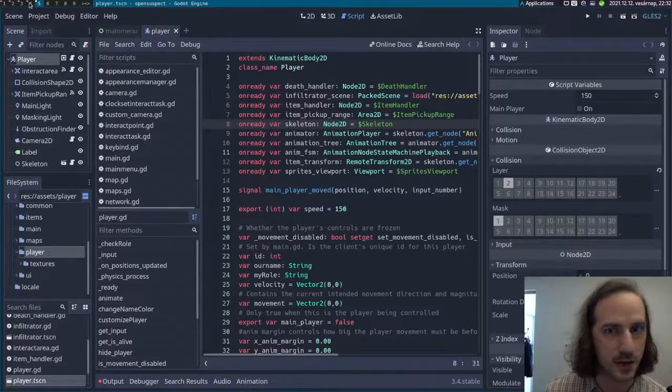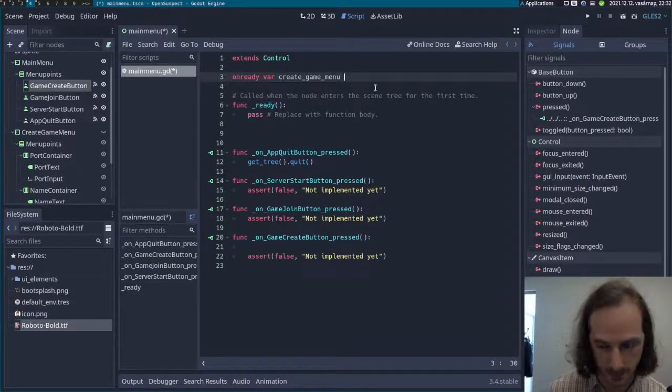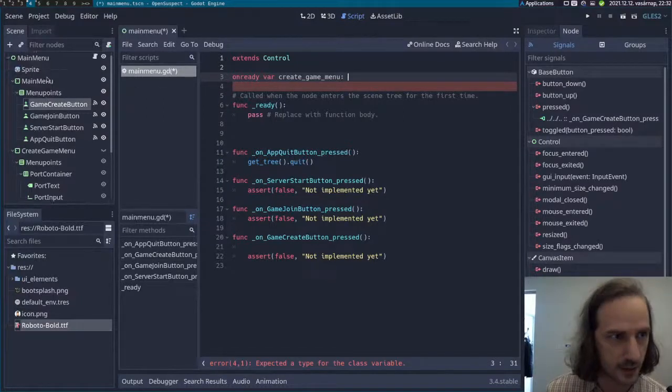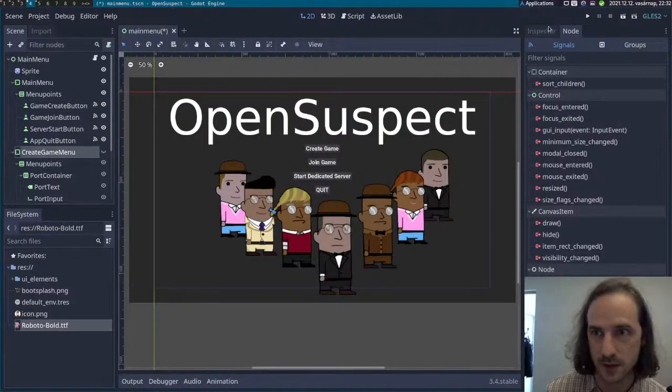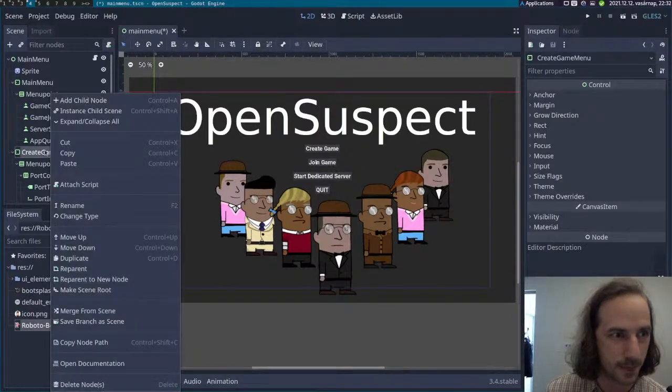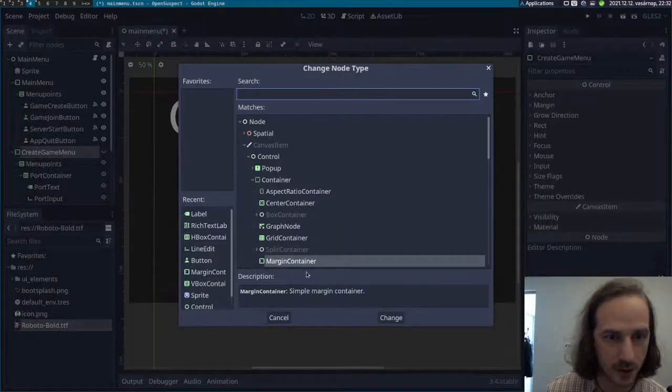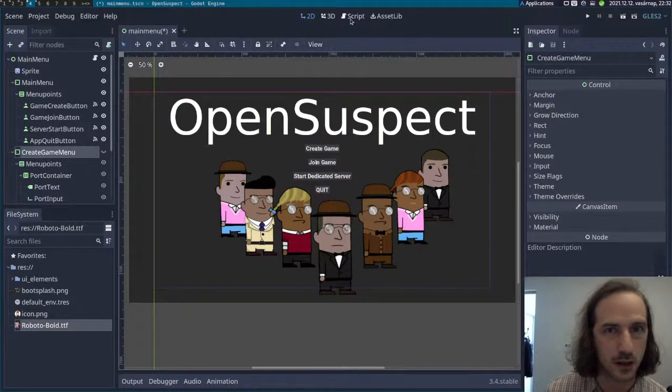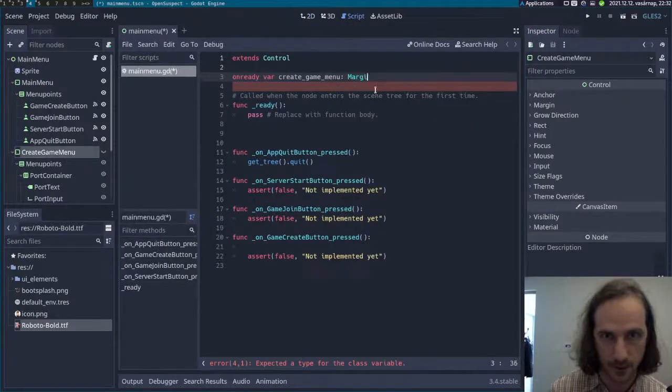So colon, and this is main menu and create game menu. What is it? It's a control. Is it? No, it's not just a regular control. What's the type of this? No, a margin container. All right. Margin container equals